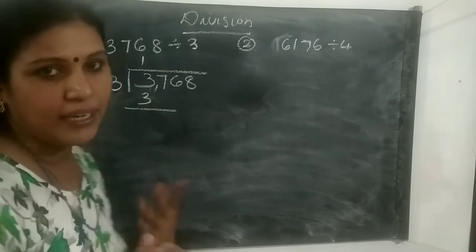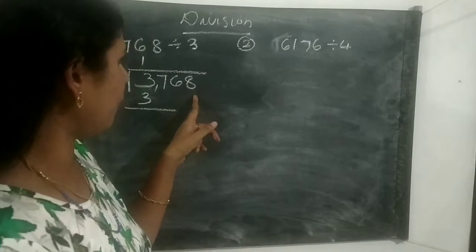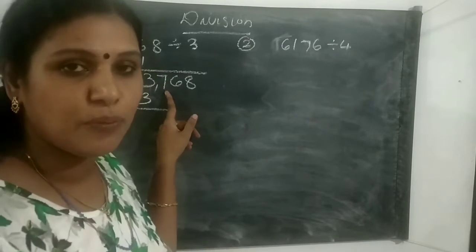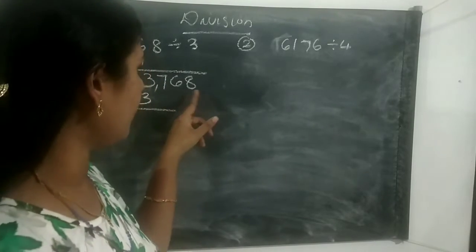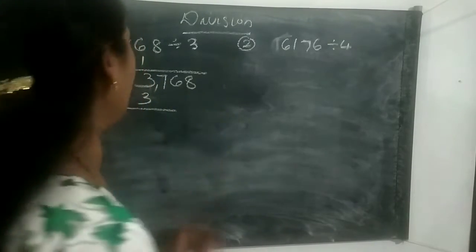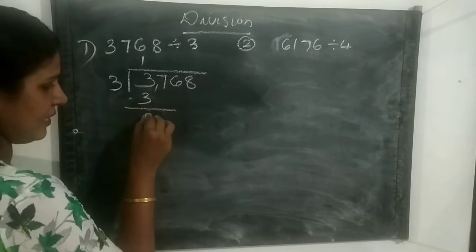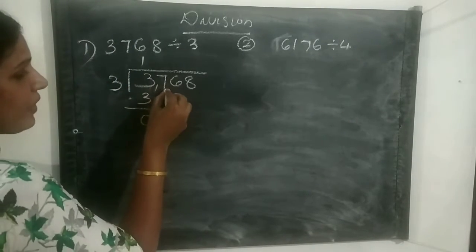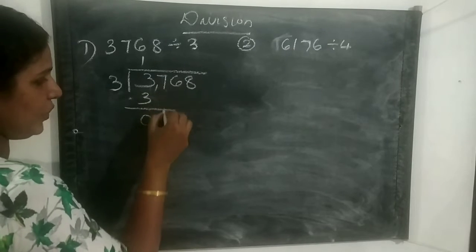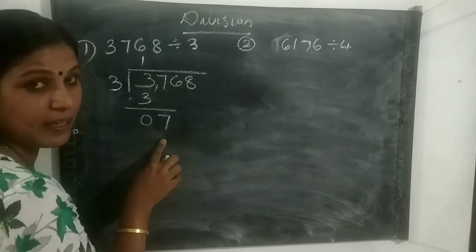Okay. We know about addition. Here it is 4 digit only. Here we study about the 3 digit division. Now it is 4 digit. So the next step is subtraction. 3 minus 3 is 0. And bring down this 7 from the top and here it is the number 7.